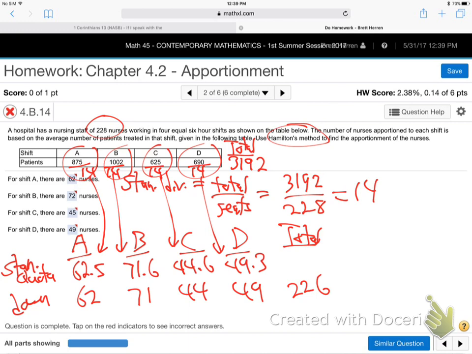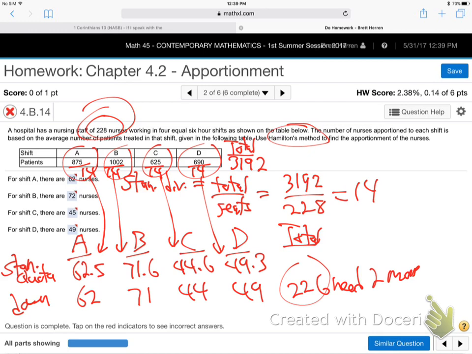Am I right? Do they all add up exactly that? So you can just add up the ones digit. You know it's close. So 226. So we need 2 more, right? Because it's supposed to be 228. There's 228 nurses that sit on the committee representing all these folks, right?